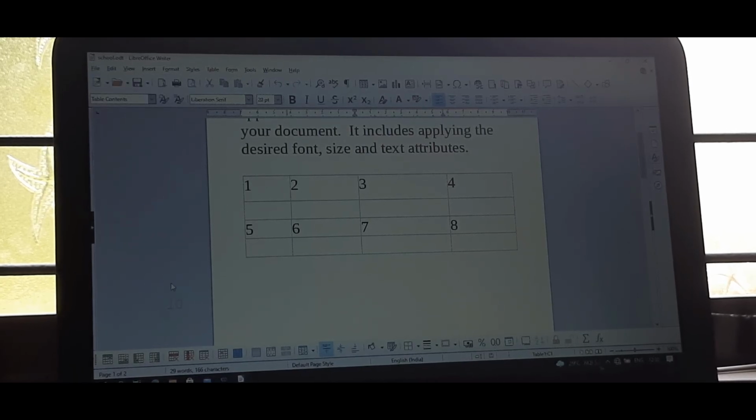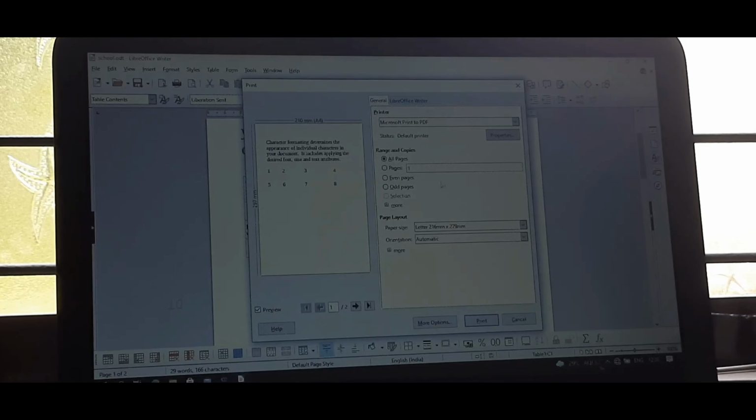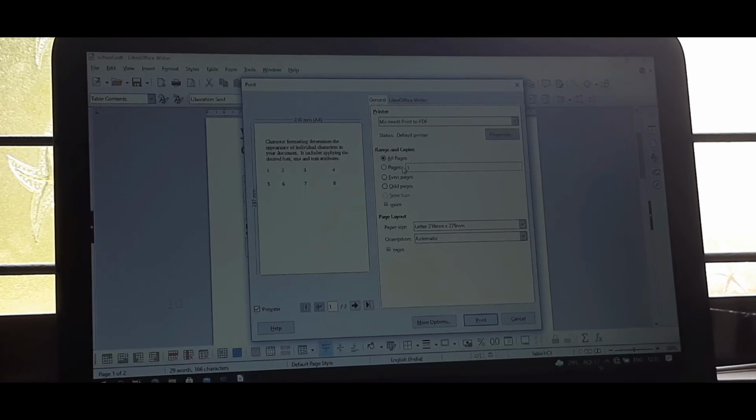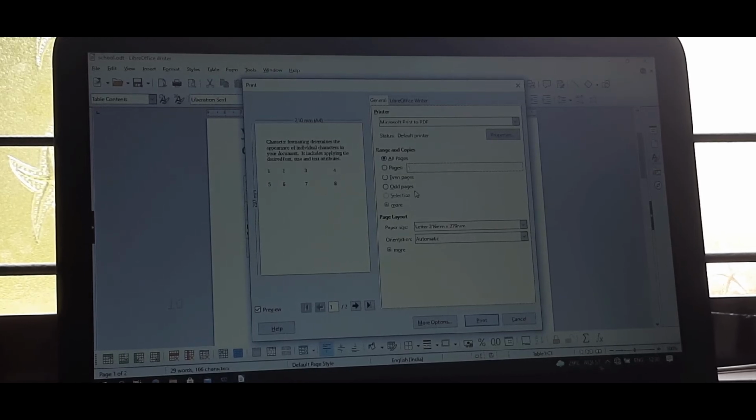Then see, one box will be there. This is the outline view. Then here, all pages. Suppose you want to take only one page or a range of pages, that we can choose from here, or if we need all pages, by default it will be on the all pages button. So if you want to take all pages, you just keep it as all pages. Otherwise, here we need to specify the pages.